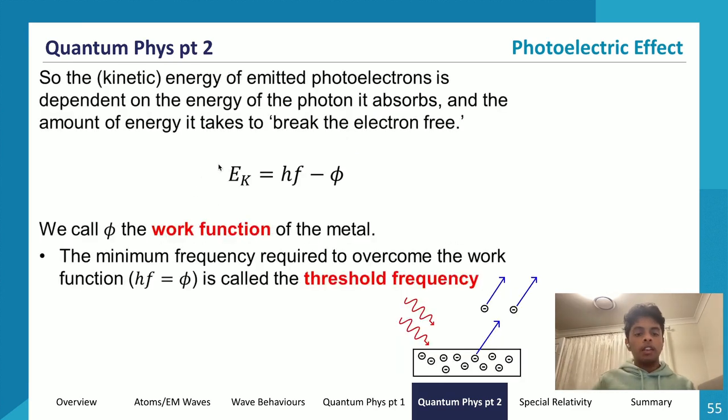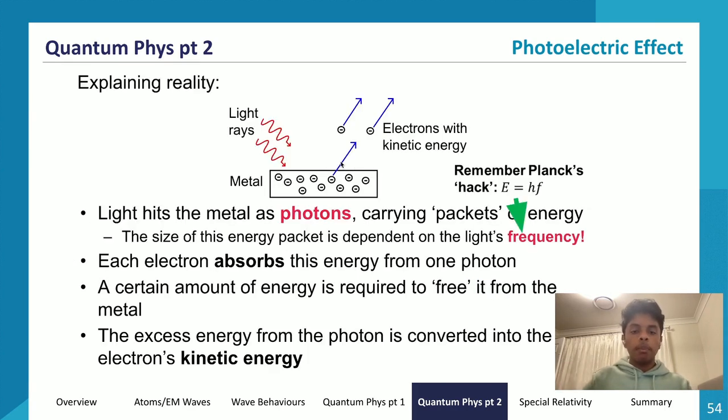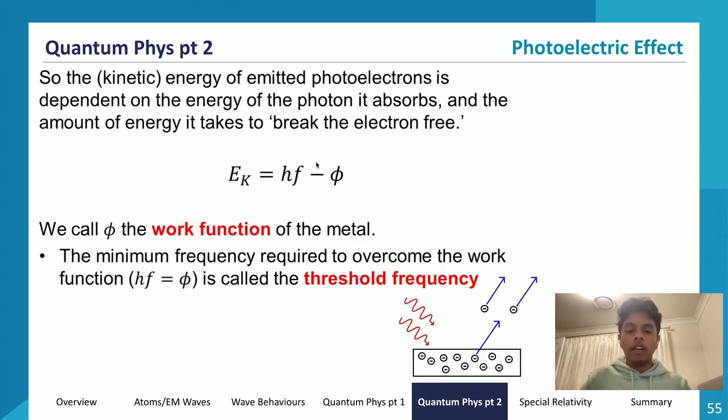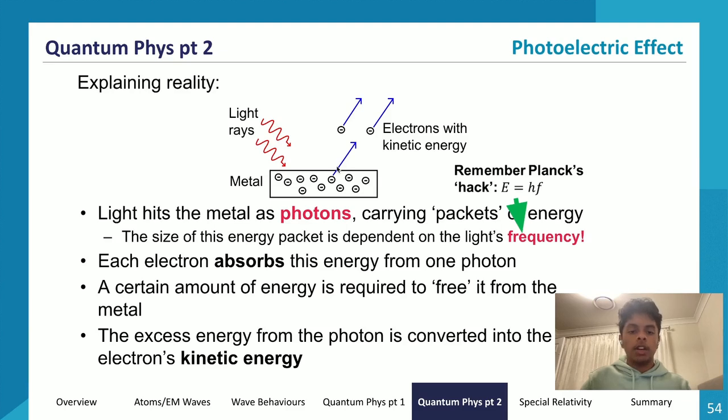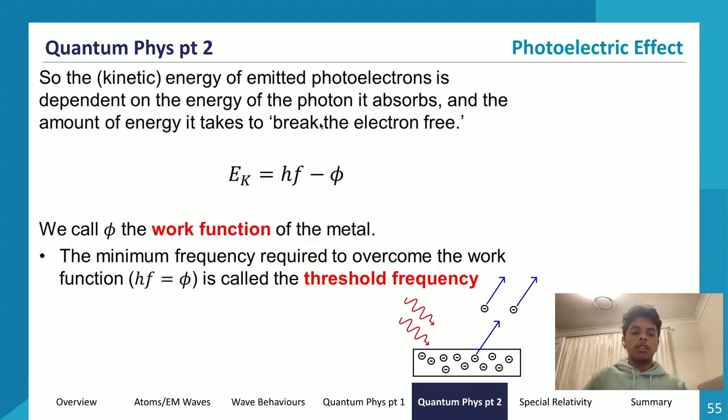So what happens if the supplied energy is equal to the work function? Well, we give the electron enough energy to leave the metal, but it's going to leave the metal with a velocity of zero, right? Because after it leaves the metal, the kinetic energy will be zero. So the electron kind of just hangs around at the surface of the metal. It doesn't leave with a velocity because our excess energy is equal to zero.